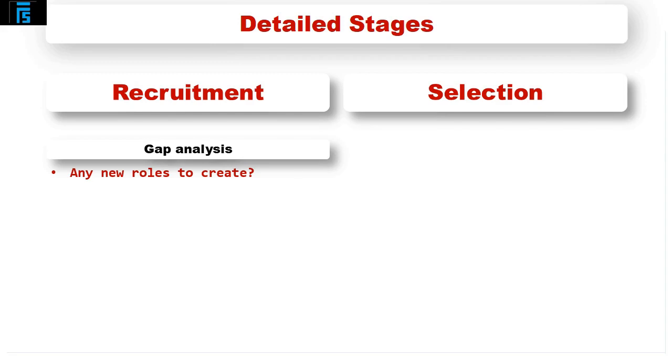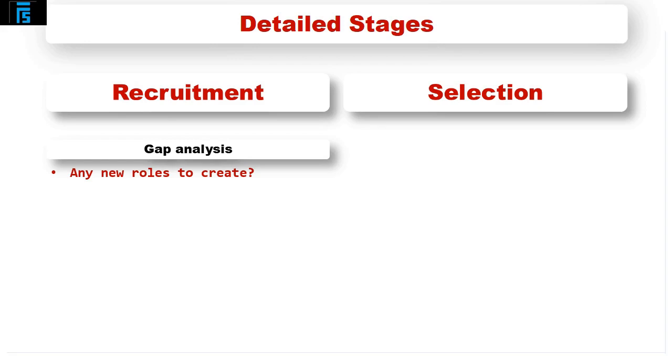We need more people. It could also be a physical gap from the point of view of perhaps we are expanding. So we have got somebody who does a particular job in the UK. We are going to open up another office in the Far East. We will need somebody to do the same work, but in a different location. So again, there would be a gap there.